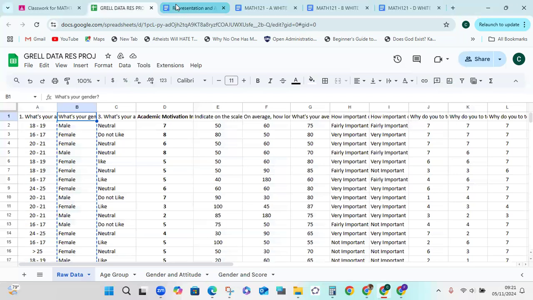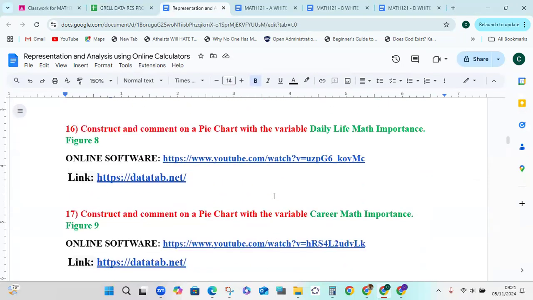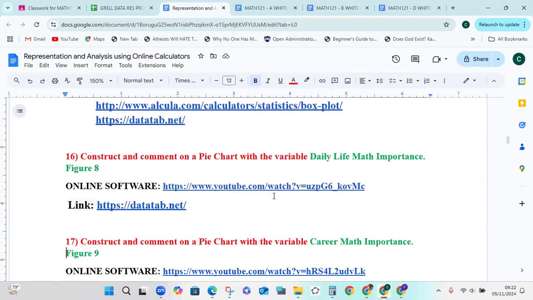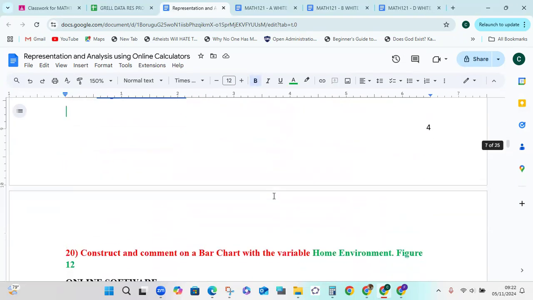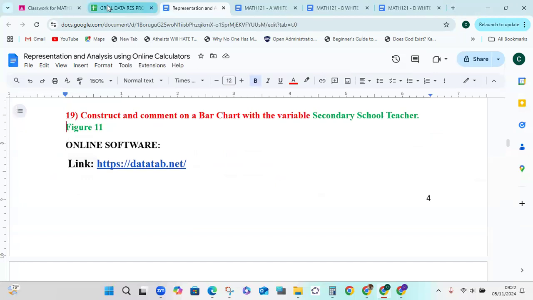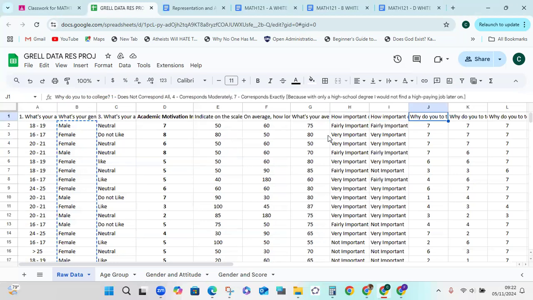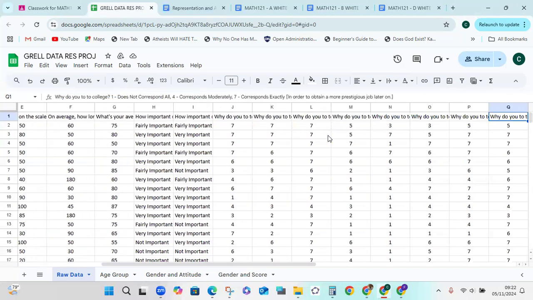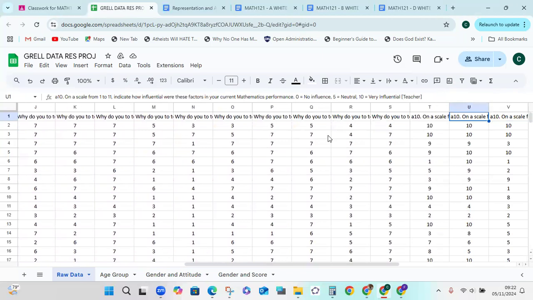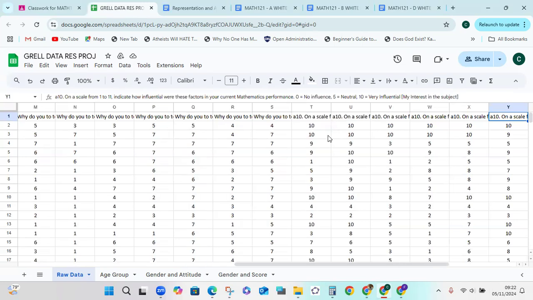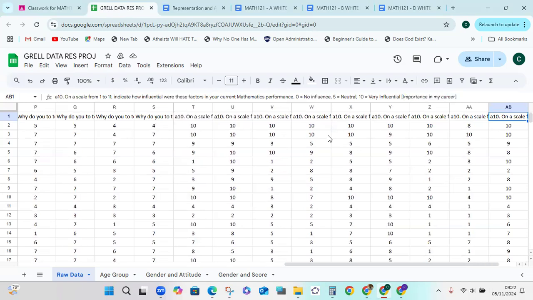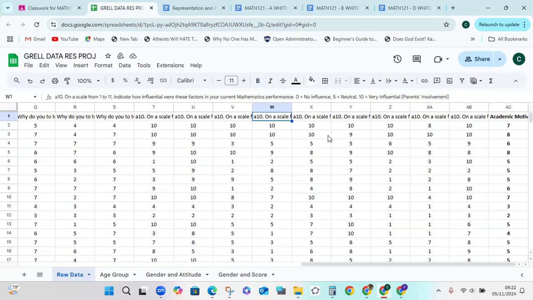So we're looking for the variables starting from secondary school teacher. How influential was a secondary school teacher? Okay, so we did these variables already. Career. This is the values to calculate academic motivation. And here are the variables: secondary school teacher, home environment, parents' involvement, attitude, interest in subject, biology, parents, and importance in the career. So what you can do